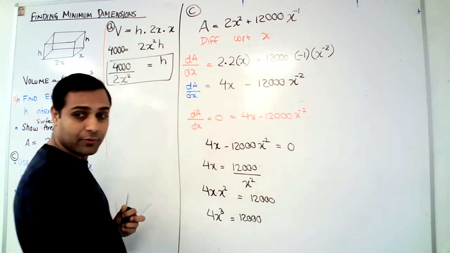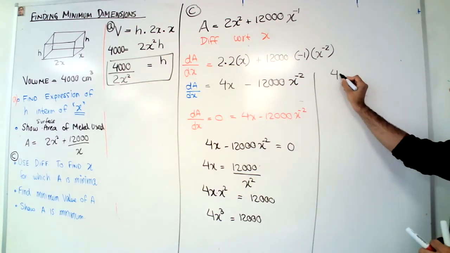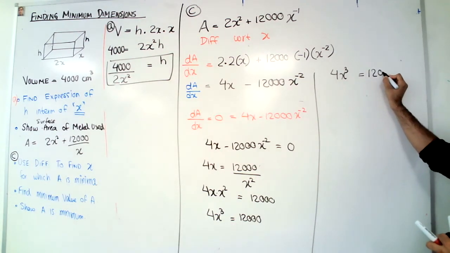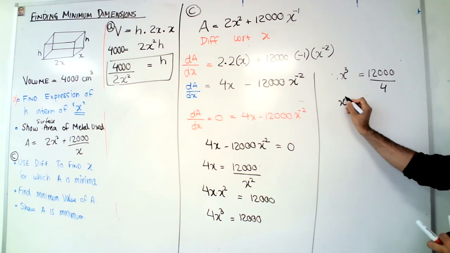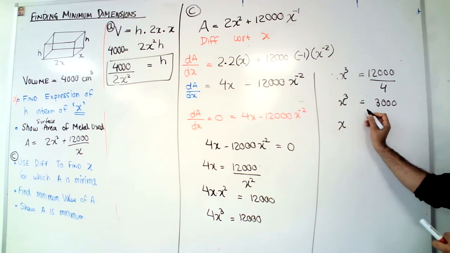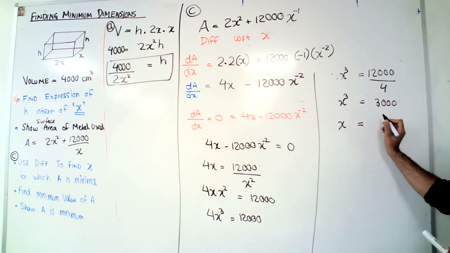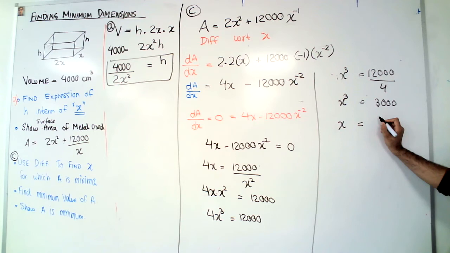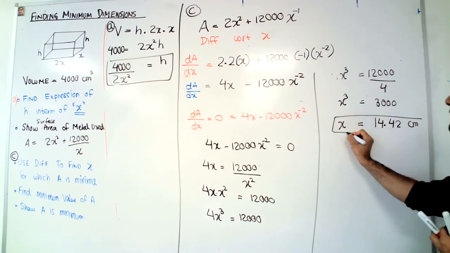Now divide both sides by 4. So that 4 disappears, and you divide this side by 4. So you get x cubed equals 3,000. Can anyone do me the cube root of 3,000, please? Cube root of 3,000. Anyone got an answer? 14.4. Okay, any more decimal places? 14.42. So 14.42 centimeters. The x value should be that